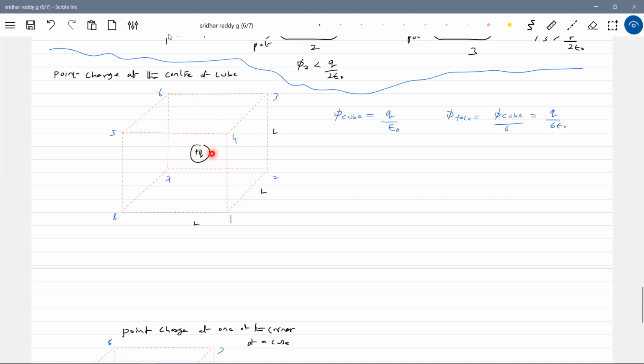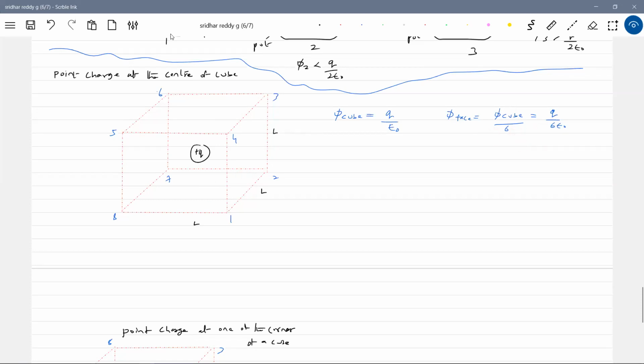So what is the net flux through the cube? Q by epsilon naught. Suppose 60 lines are passing through the cube. How much will link each face? 1/6 of that, 10 lines through each face. So the flux through each face will be Q by 6 epsilon naught. Able to understand? The method is that you should draw the lines of force in a radial direction. It may appear as a plane diagram, but you have to draw the lines of force in such a way that 10 lines of force pass through each face. This is a better idea than drawing all the lines of force.